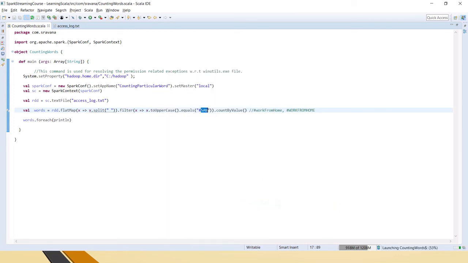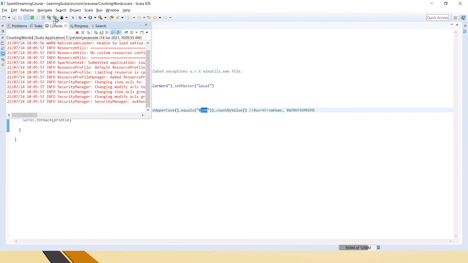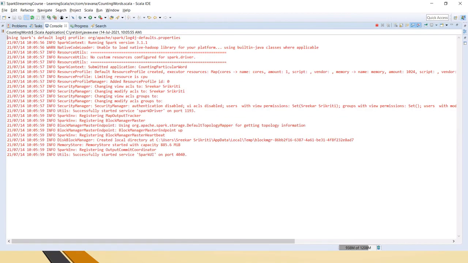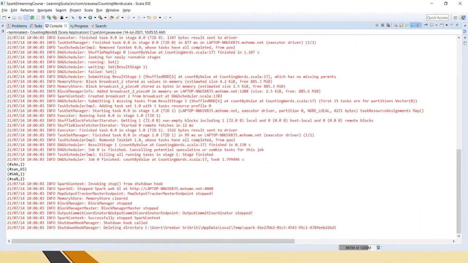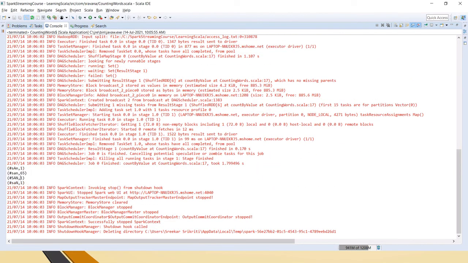Now let's see the output. Friends, you can see it has captured all the cases, camel case, lower case, uppercase and everything, and it has given how many times each has been repeated.